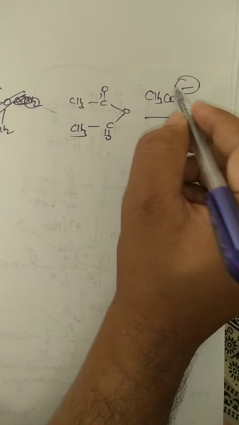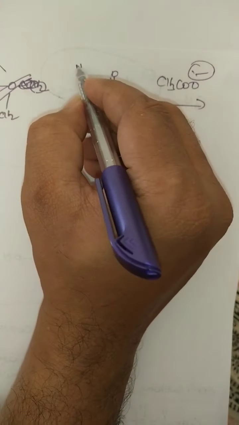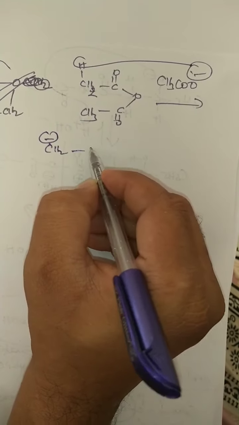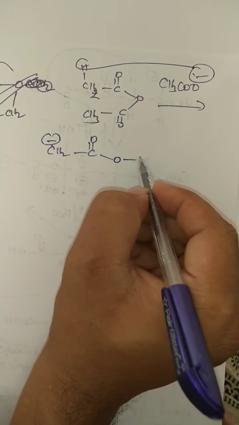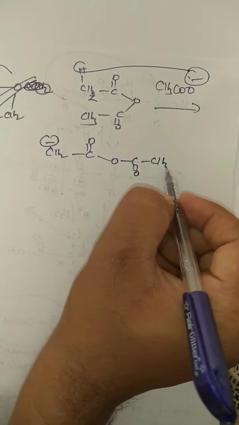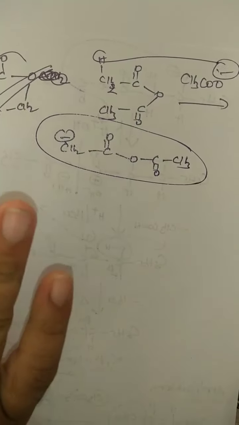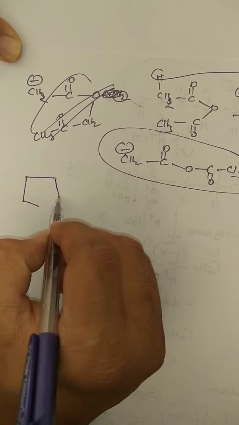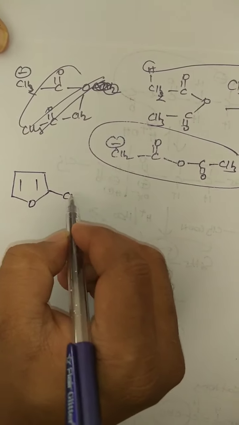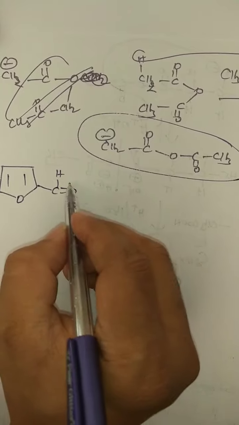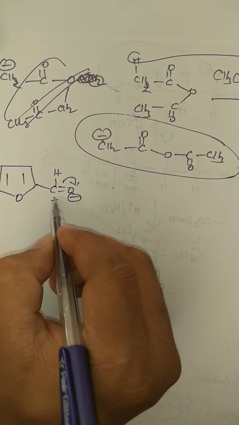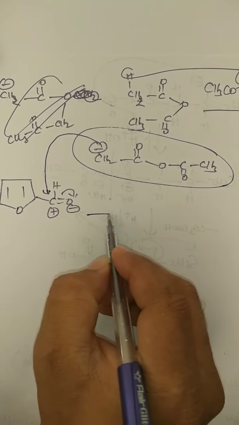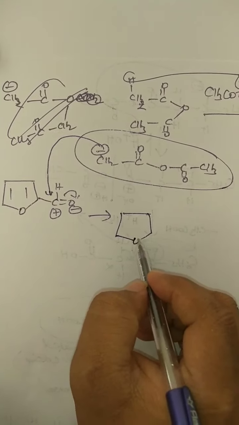That acetate ion acts as a base. It abstracts this hydrogen. Finally, what carbanion is generated? CH2 minus CO, O, CO, CH3. This is a carbanion. Every time only this carbanion will be generated in the Perkin reaction. So what is that compound? We have taken this one, whatever it may be. Okay. So here O minus, here plus. Direct steps I am writing. So this will attack this one.